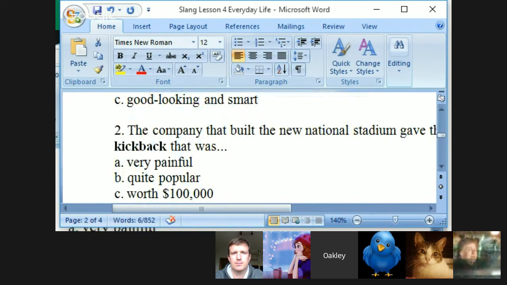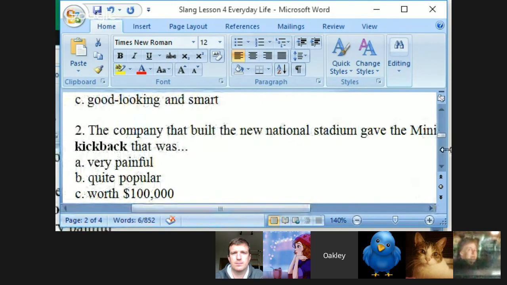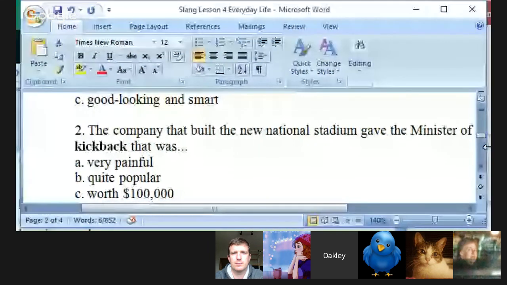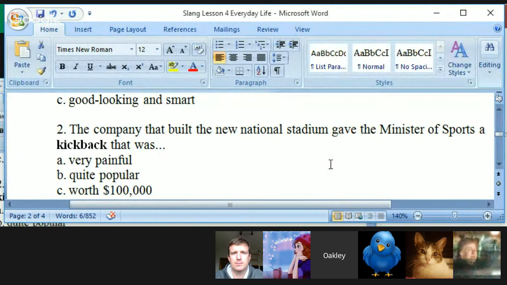Okay, Carolina, number 2 here. The company that built the new National Stadium gave the Minister of Sport a kickback that was worth